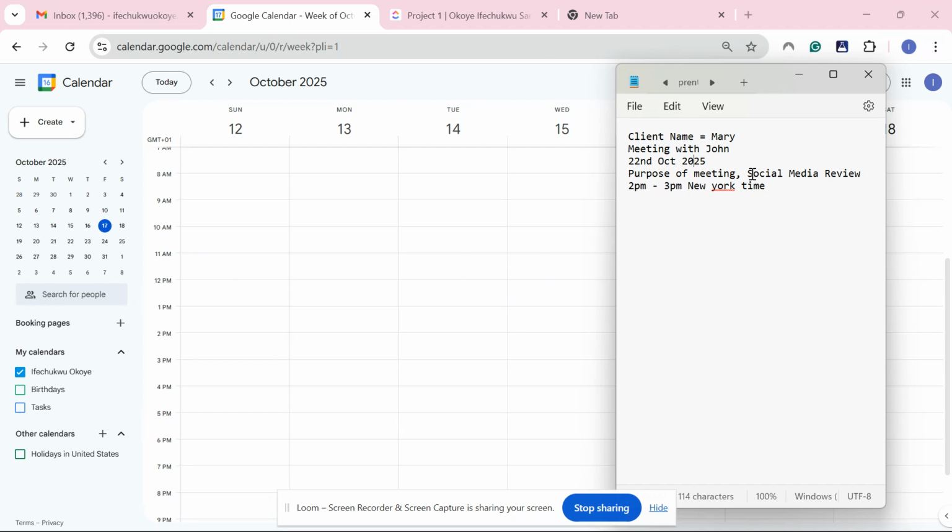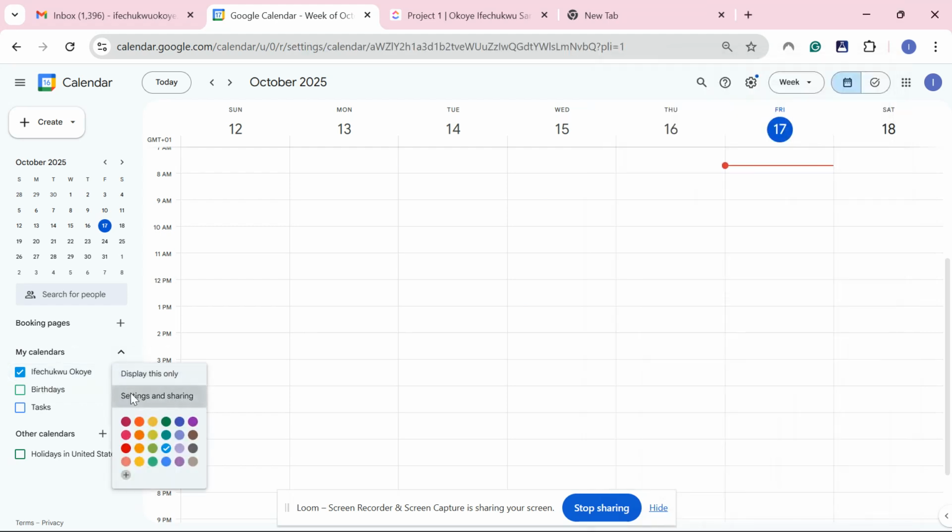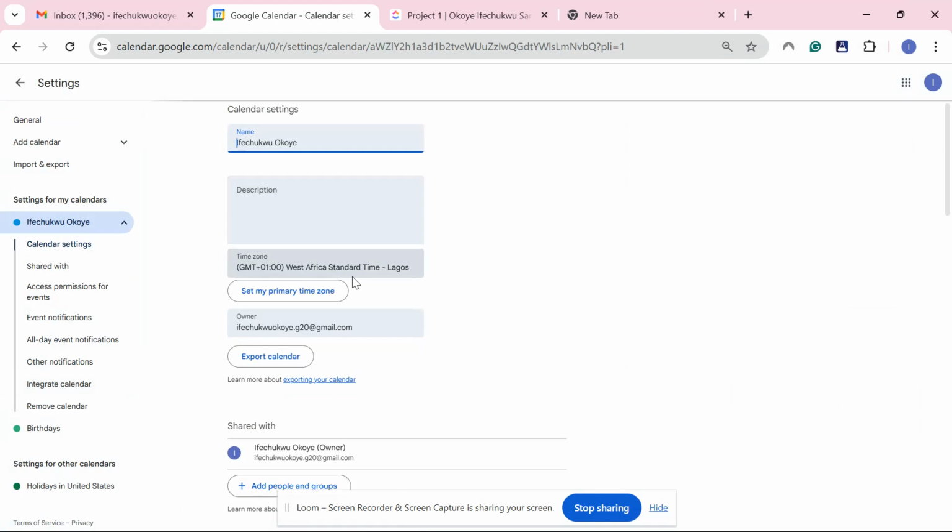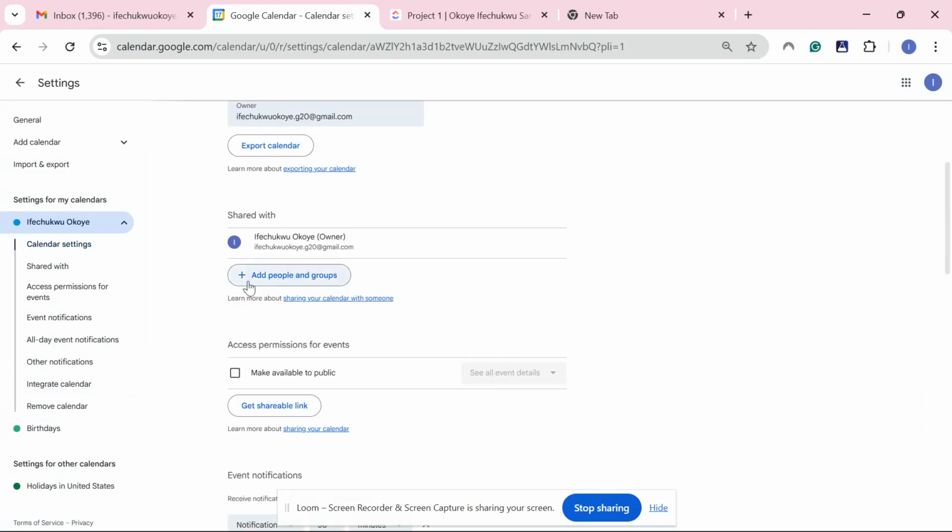Now some clients do ask me to teach them how I can be added to their calendar. And this is the way I do it. So when you are in front of your calendar page, you go over to these subsections that said my calendar, and below it you're going to see your name. Then click on the three dots, go to settings and sharing,